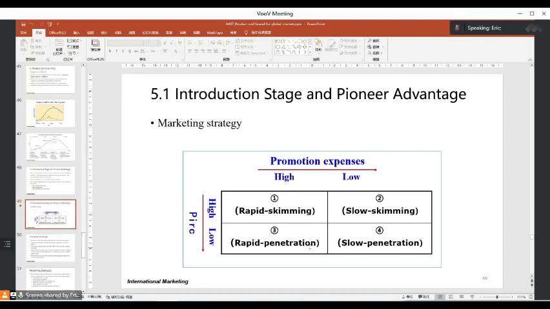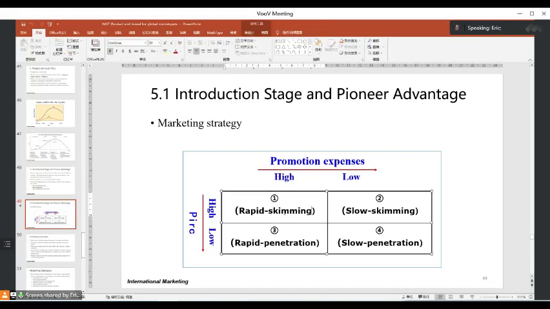So the price and promotion mode depends on the entry mode. If you want to quickly get the profits in this market, or quickly make the brand or the product famous, there are just two different dimensions of the price decision. So the rapid skimming is just like